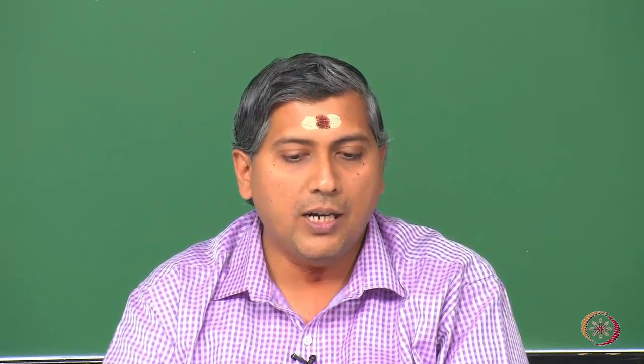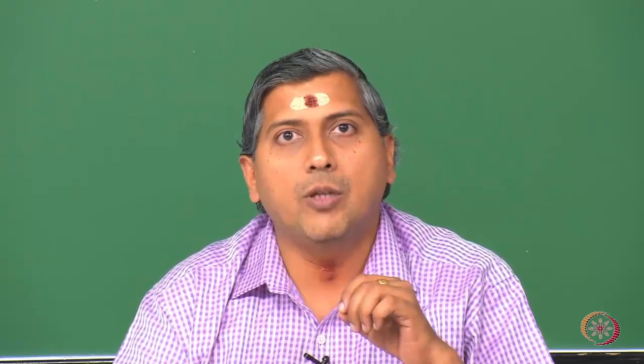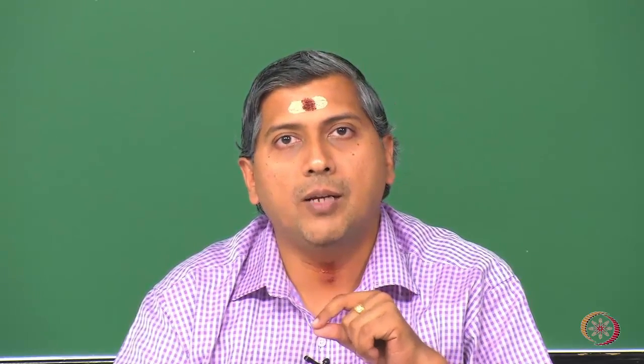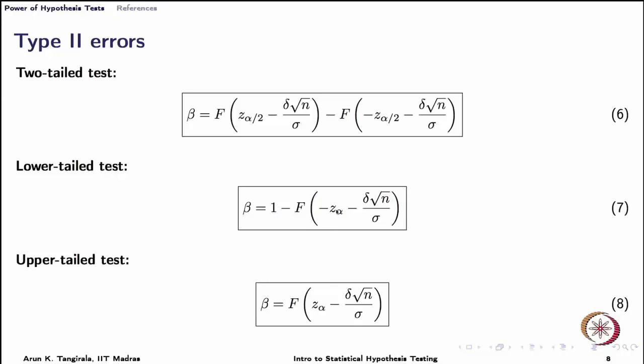Once you do that, and remember that we are working with the cumulative distribution functions, which give the probability of the random variable taking on any values from minus infinity to a specified value, you get for the lower tail test this kind of an expression, 1 minus F of minus Z alpha minus delta root n by sigma, whereas for the upper tail test you would get F of Z alpha minus delta root n by